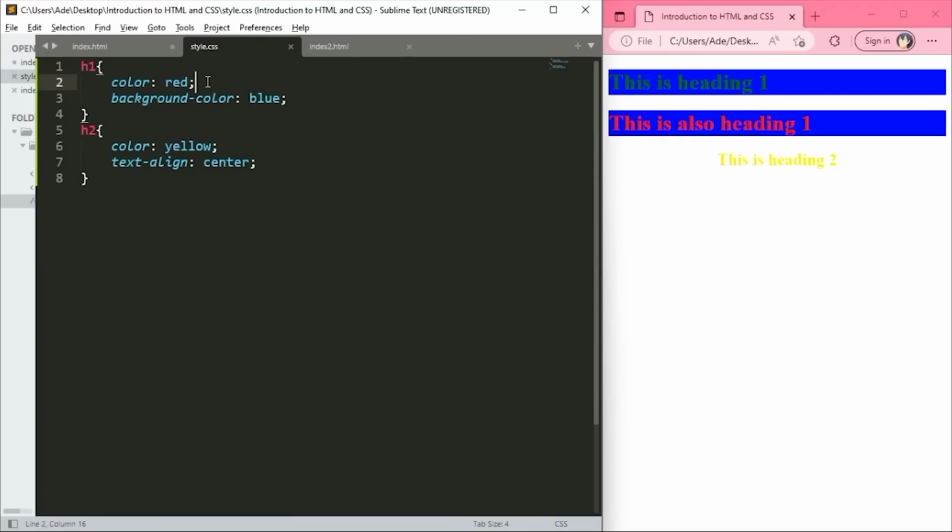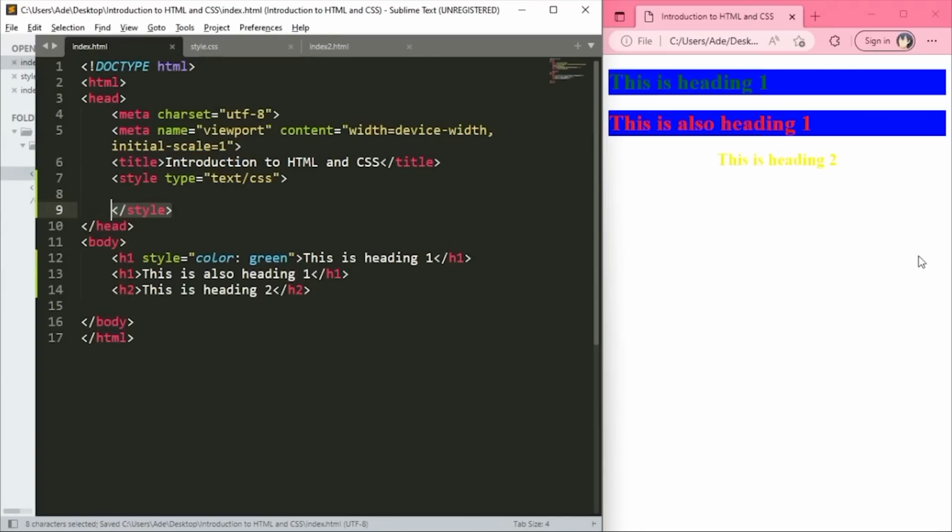Now note, always end each line with a semicolon to terminate each of these statements, because without the semicolon it will be an error. The browser won't be able to calculate this way. So end each line with a semicolon. Once I save this and I save my HTML,